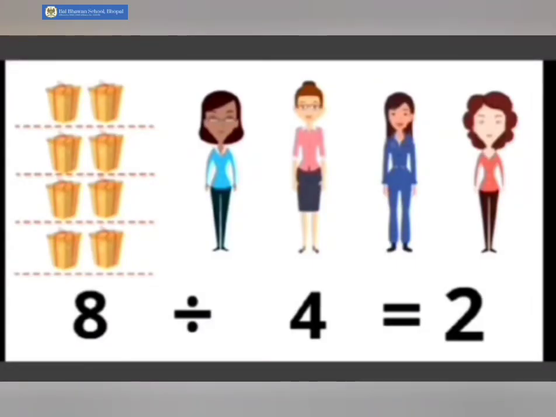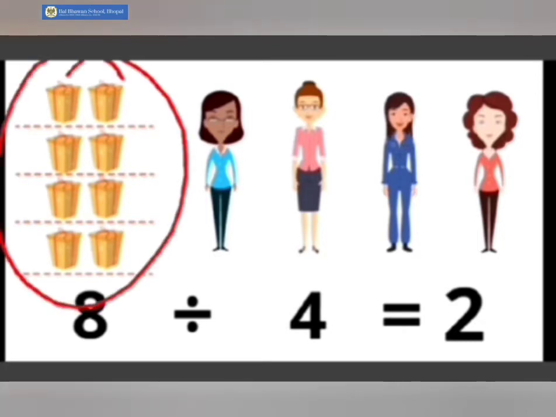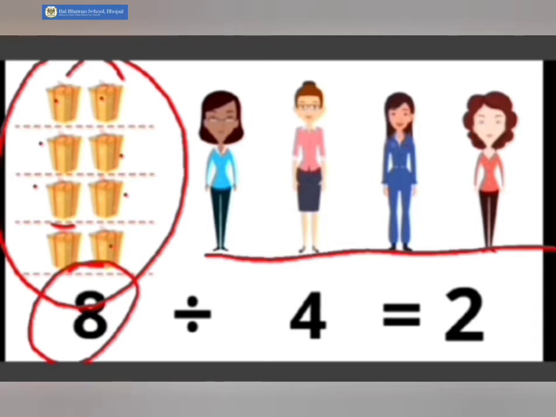Let us learn to frame a division sentence by looking at the pictures now. I am sure you have already done it in class 2, but let us revise one more time. There are some presents here, which are supposed to be distributed between these 4 ladies. Looking at the number of presents, we are going to count them and write them. How many presents are there? 1, 2, 3, 4, 5, 6, 7, 8. So we will write 8, the objects which are supposed to be given away.